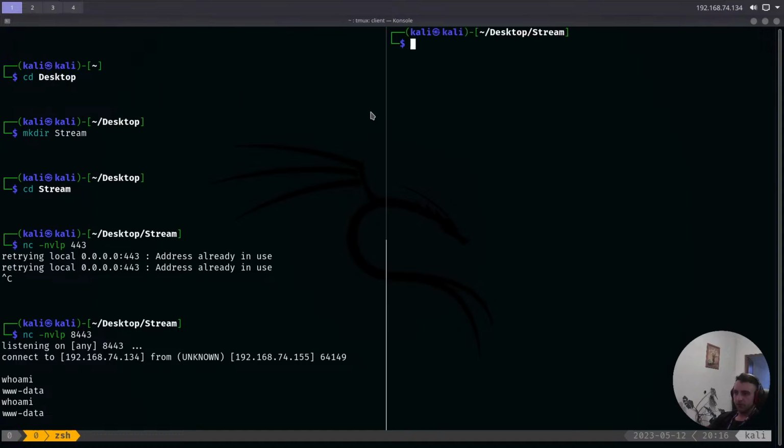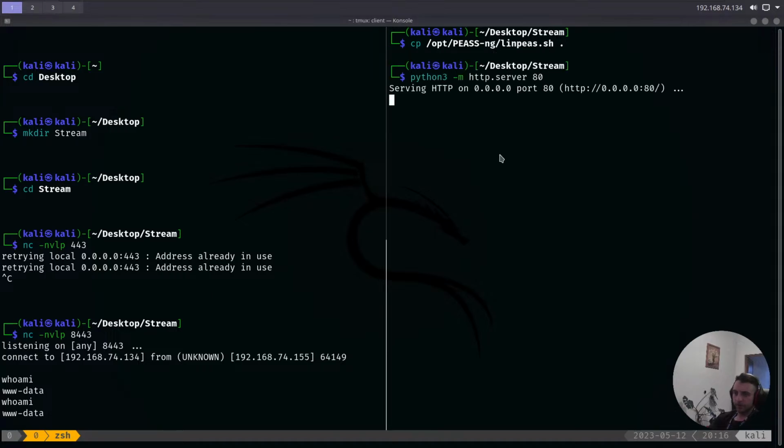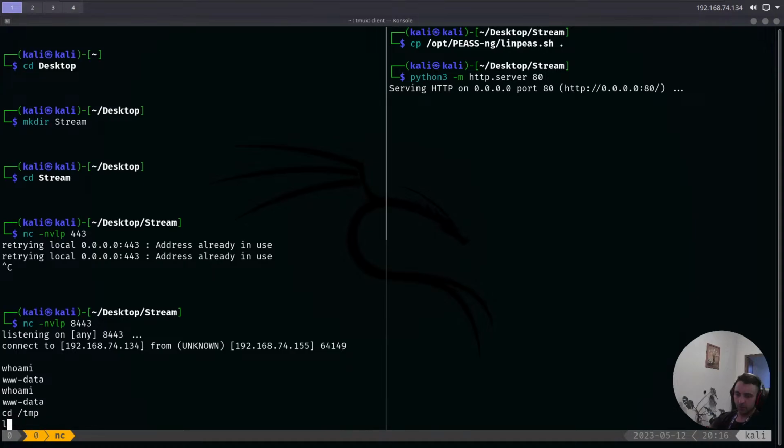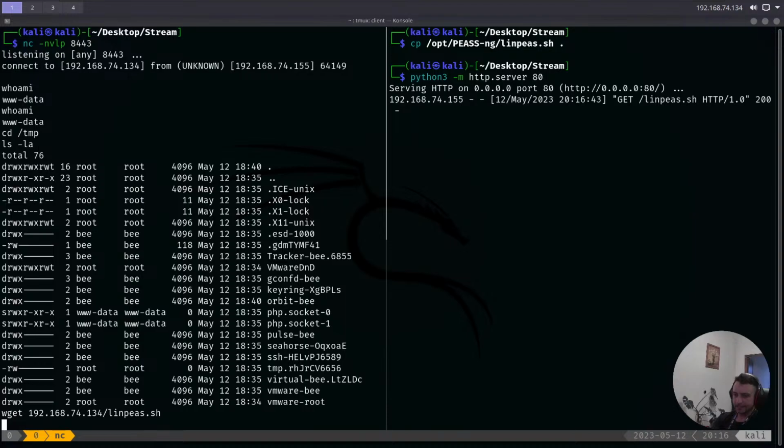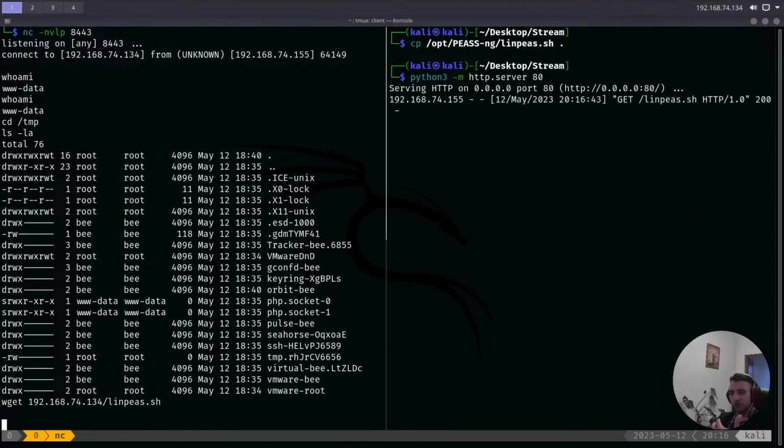Now, in terms of that, I want to copy linpeas.sh from opt to here, host it on a Python web server, and just download it. So cd temp, ls -la, and do we get my IP, and linpeas.sh. Another cool way of executing that is, instead of downloading it, we can do curl, the same thing,